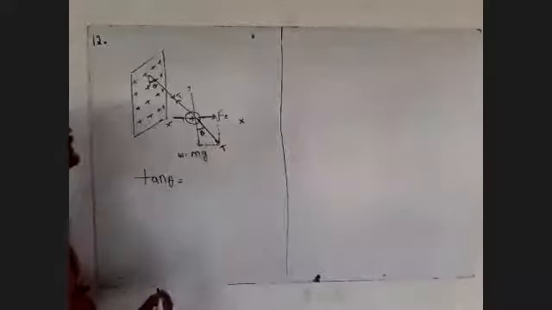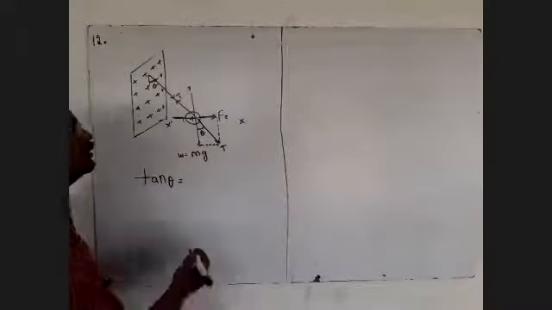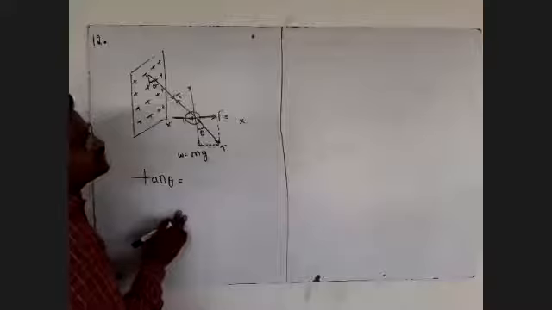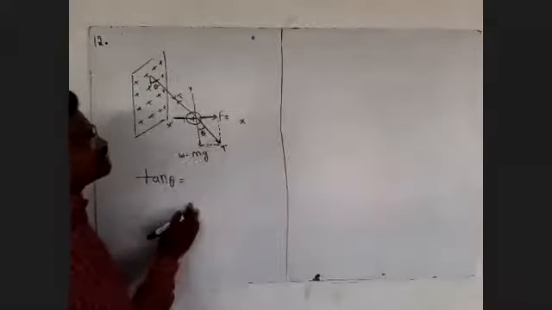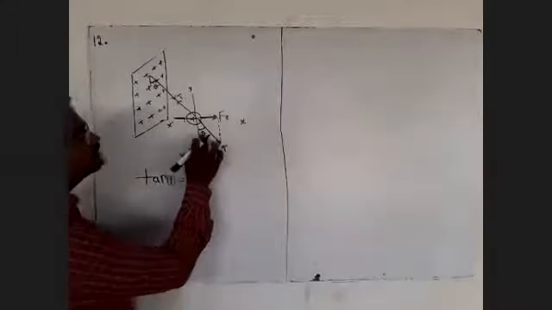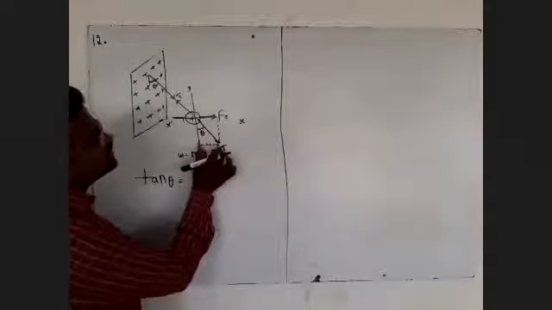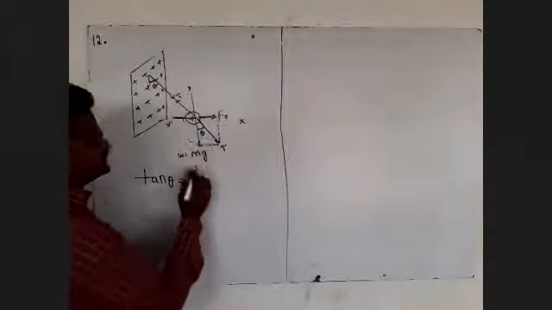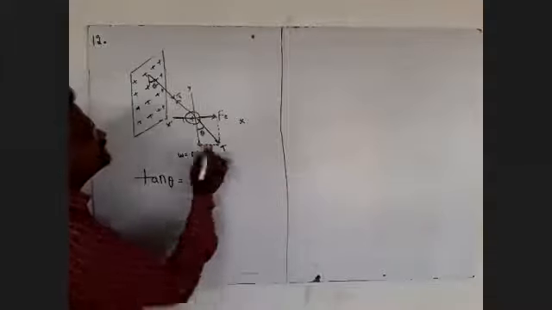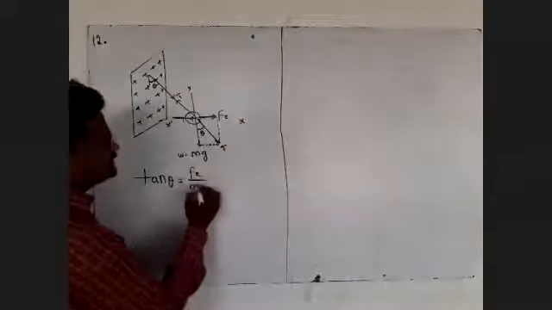This diagonal can be divided into two parts. This is one part, this is another part. Two triangles form here. Here tan theta is equal to the opposite side over the adjacent side. The opposite side is this line, parallel to this one, that is Fe. The adjacent side is that, mc.